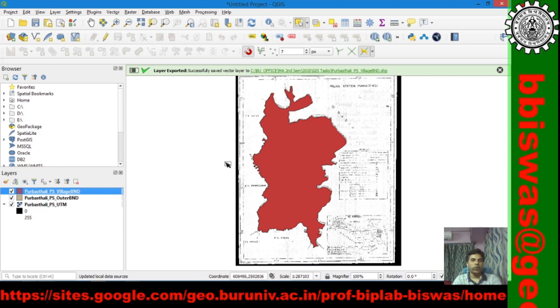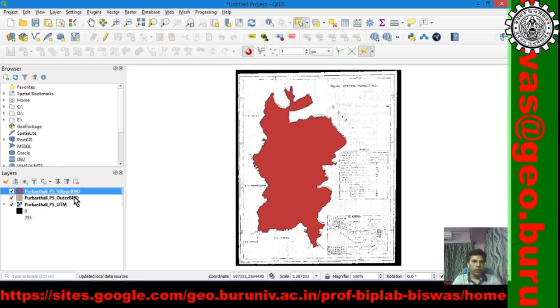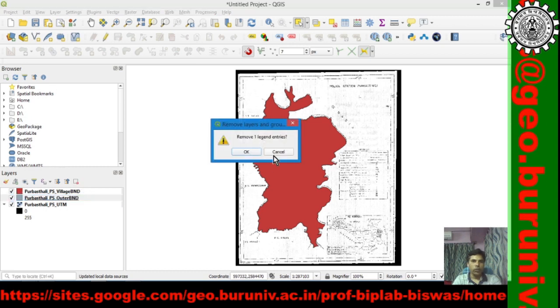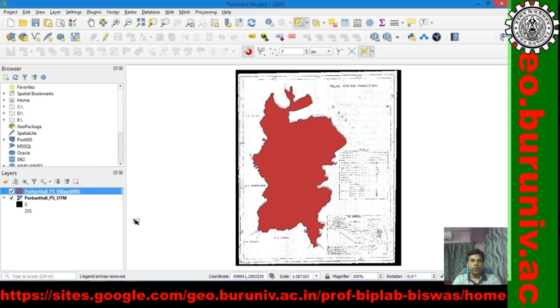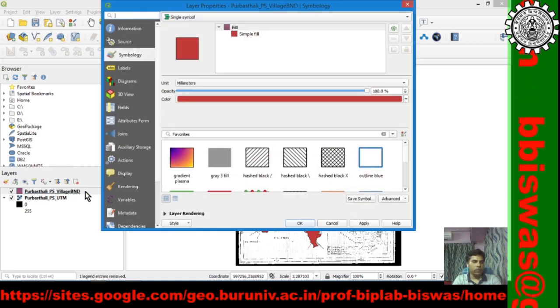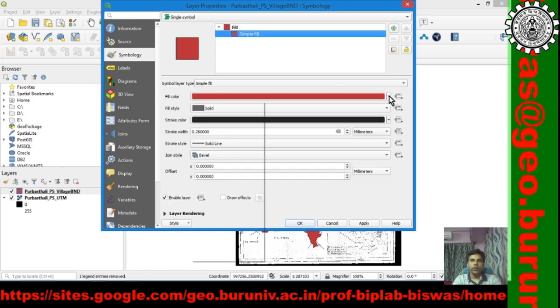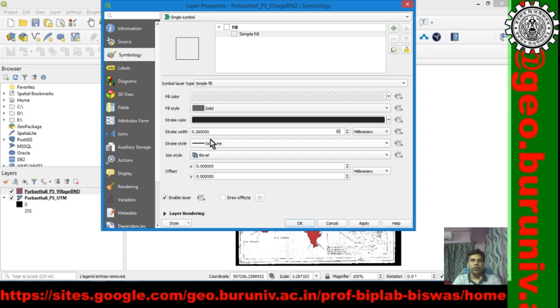So, our village boundary layer is over here, and now we can remove this outer boundary layer. With this village boundary layer, we can't see the background or the raster image. So, we will make this layer transparent: double click or right click, symbology, simple fill, transparent.